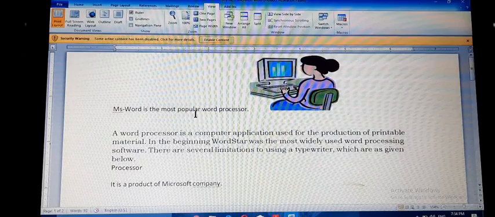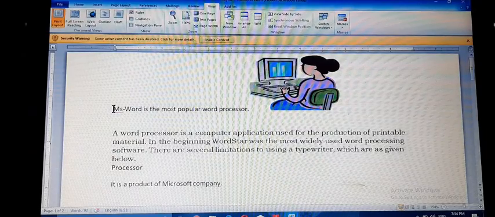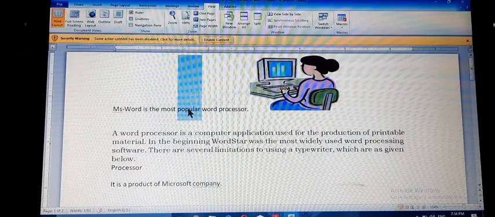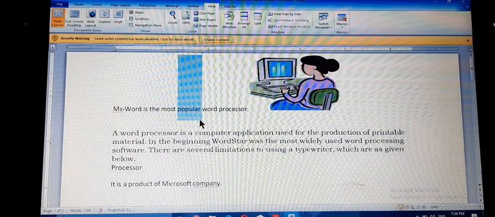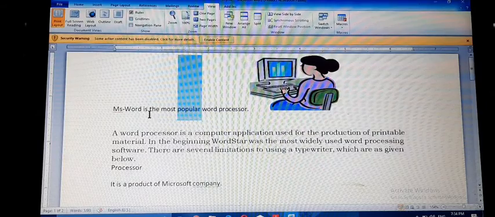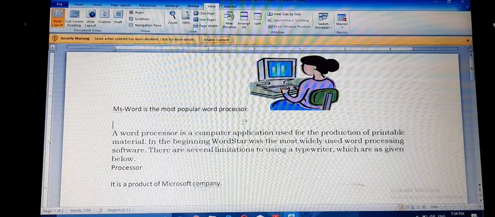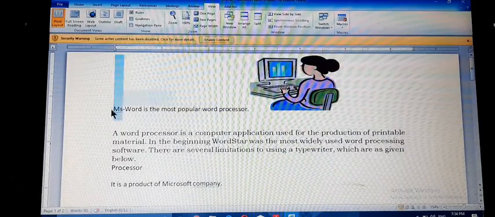There are other ways to select a word also. To select a particular word, we need to double click. Okay, then the word will be selected. To select a line of text, we just click at the beginning of the line.